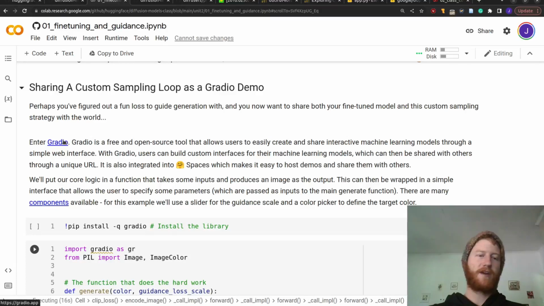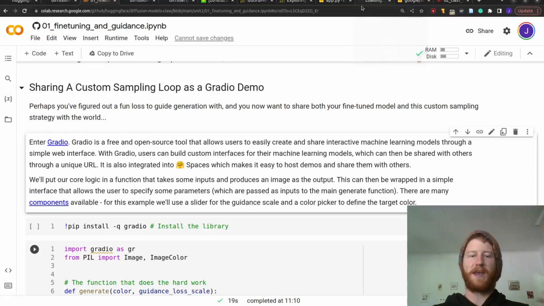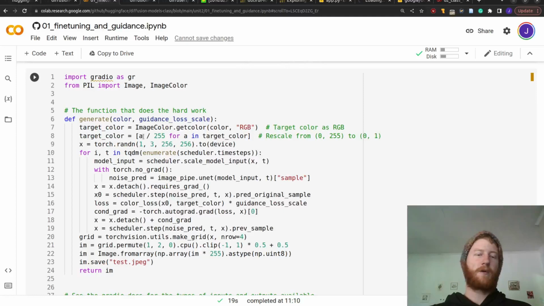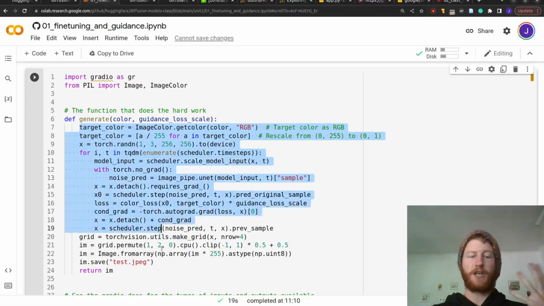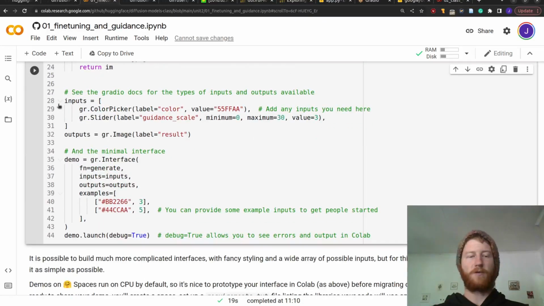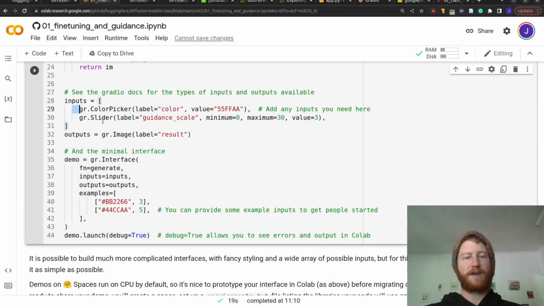I really like Gradio, and it's really well supported on the HuggingFace Hub. Gradio is like a set of frameworks and components for making and sharing these ML demos. What we're going to do is wrap our generation function in a function that takes in some arguments, and then we can create a whole Gradio interface in a very few lines of code, specifying our inputs that the users